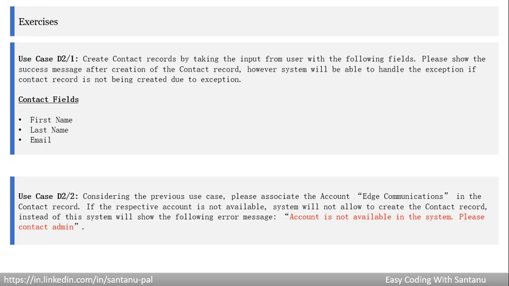Now the next use case is a bit tricky. In the first use case we created the contact record. Next, we have to associate the contact record with the respective account. When you create the contact record, you need to associate an account record with that contact. Considering the previous use case, please associate the account named H Communications in the contact record. If the respective account is not available, the system will not allow creating the contact record. Instead, the system will show the following error message: the account is not available in the system, please contact admin. The clue is that